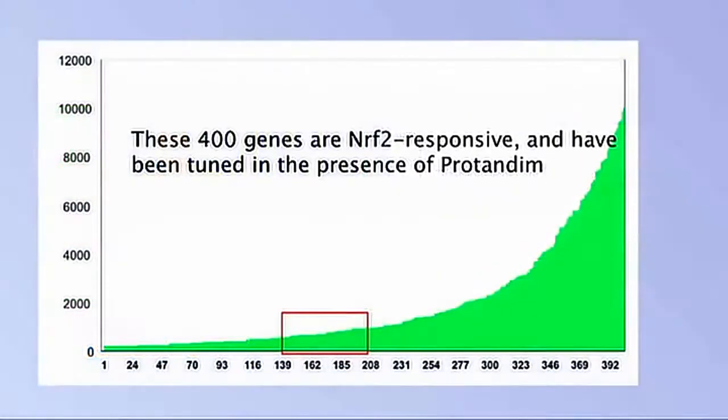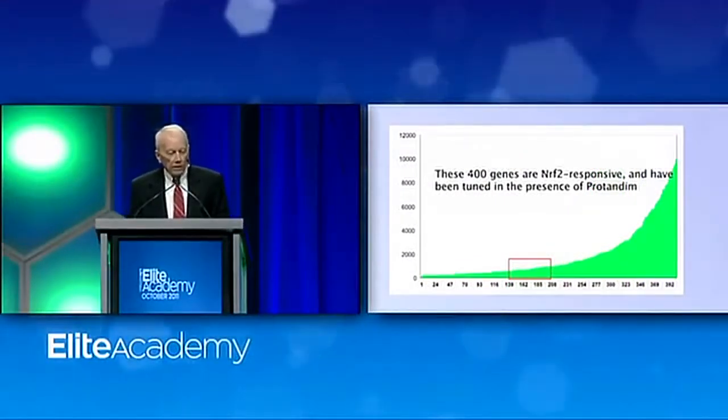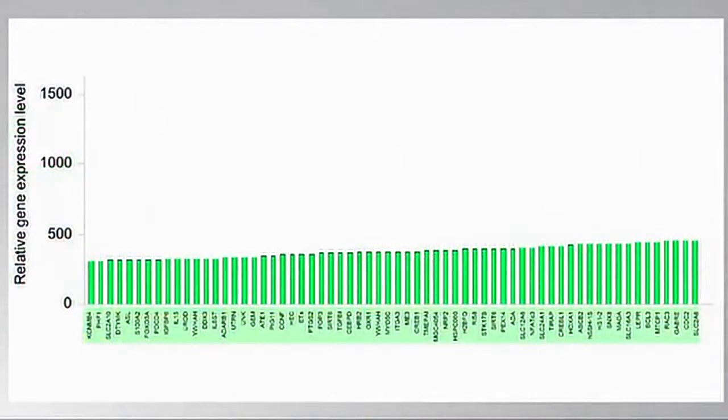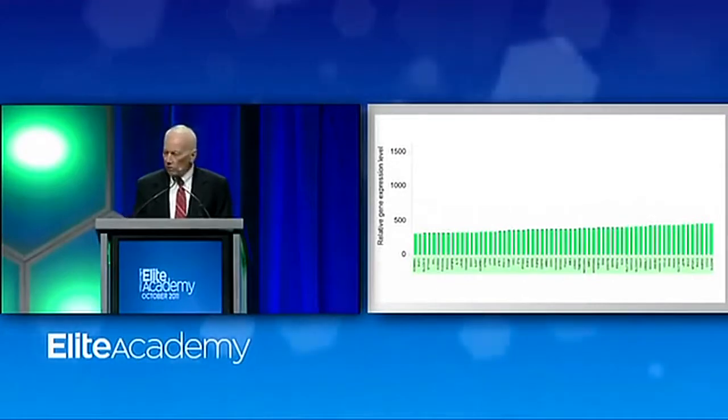This is looking at the expression of about 400 genes that are Nrf2 responsive, pretty much selected at random and sorted on the basis of their expression levels. And with 400, you still can't look at individual genes. You've got an enormous amount of data. So we zoom in on that little red box to this slide, which looks at about 60 genes out of really about 3,000 that are affected. And these are from a plate full of human cells that have been treated with Protandim. And this is the level of those 60 genes' expression when those cells have been in a Protandim-containing solution for